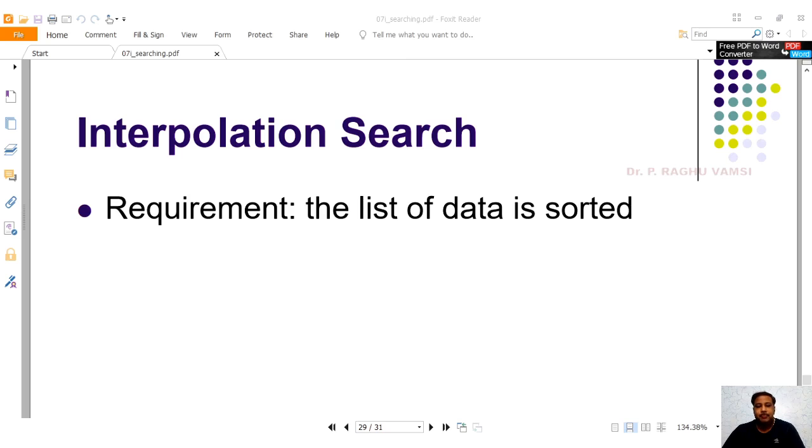Next, in the binary search, the search takes place with the help of the indexes, that is low and high, and we calculate a midpoint. We compare the key that we are going to search with the element at the midpoint, and if it is less than that, then the corresponding indexes will be modified.